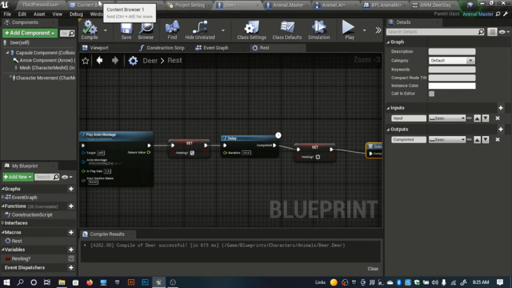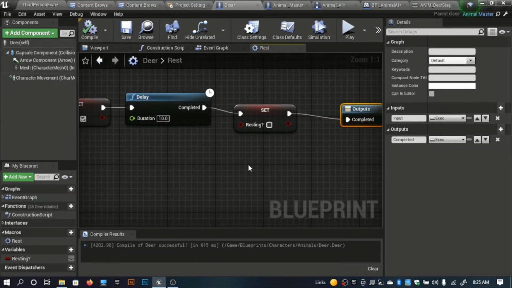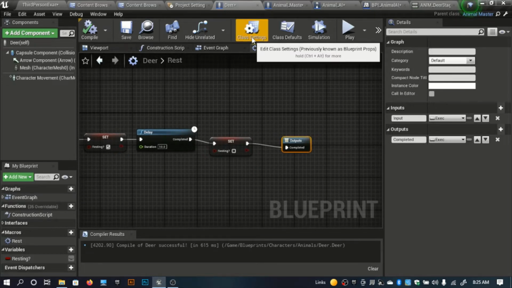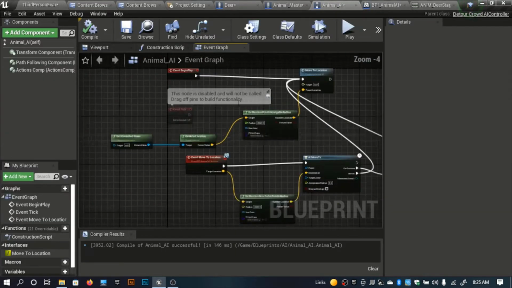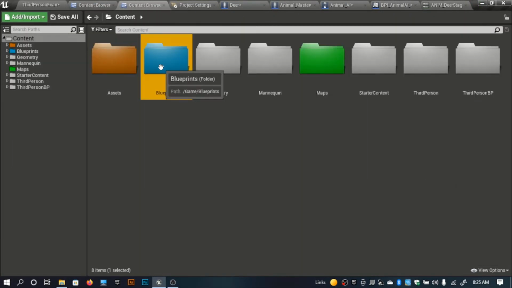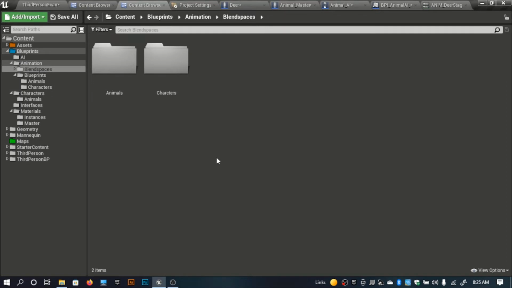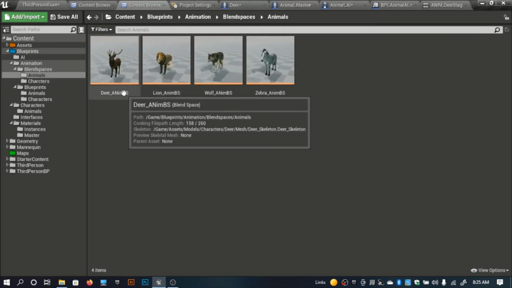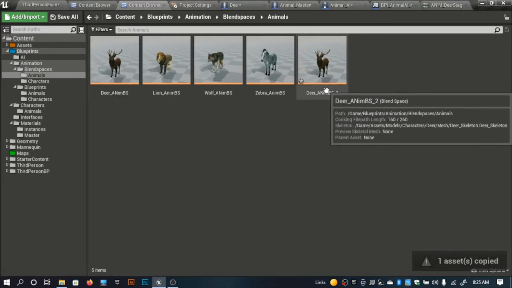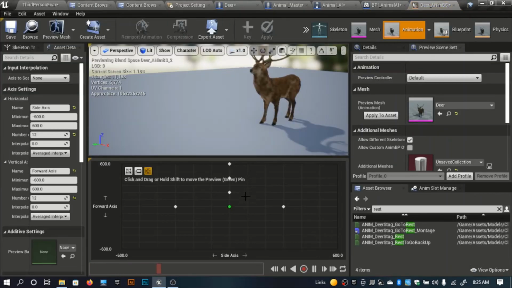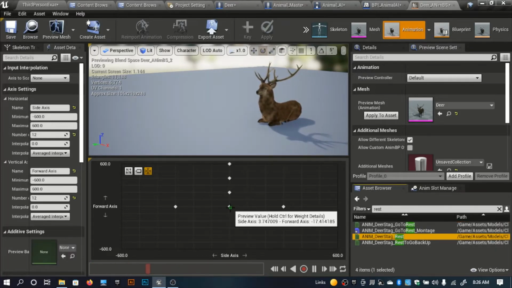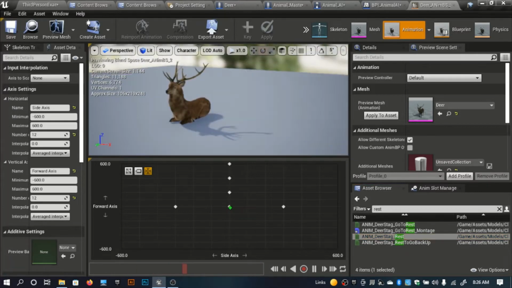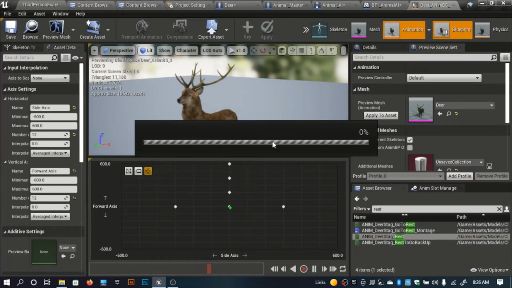So here what I'm gonna do is, here I have this VPI animal AI, and inside blueprints, animation, animals, I'll duplicate this, and here I'll use go rest montage as this, like this. I'll save this. So here in the animation blueprint